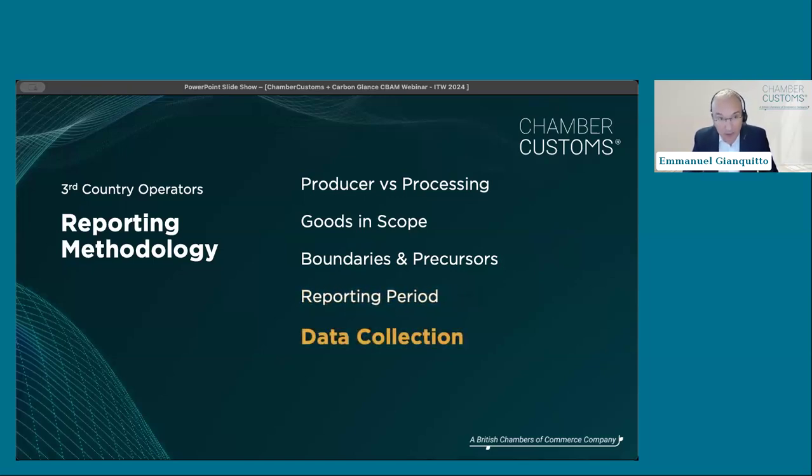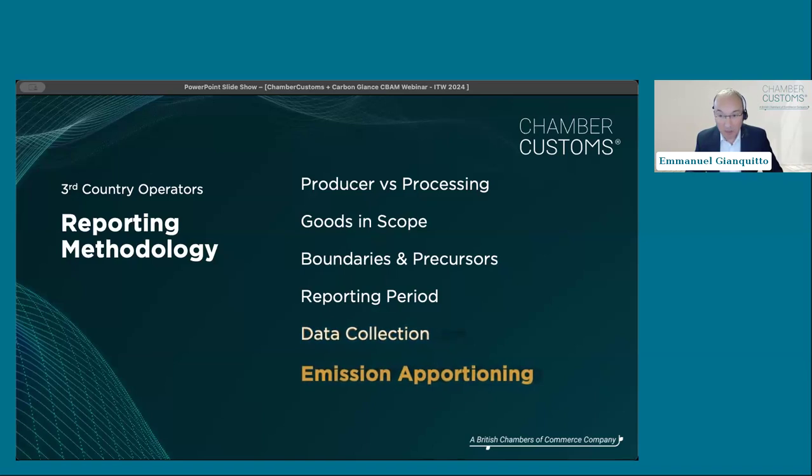Then we have to do the data collection, and we're going to come back to this point when we ask Victor his opinion on how easy it is to get the information in, because that's where we're getting a lot of the pain. We need to collect data from our own processes, but also from our suppliers. So if you are buying metal bars from somewhere else, they come with embedded emissions, and we need to understand what comes in and then what we add.